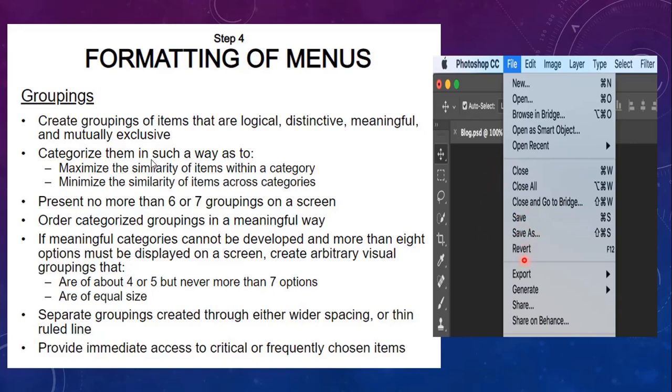That is how you arbitrarily visualize the groupings. Whenever you do these groupings, you should have about 4 or 5, and don't create more than 7 options in one particular group.